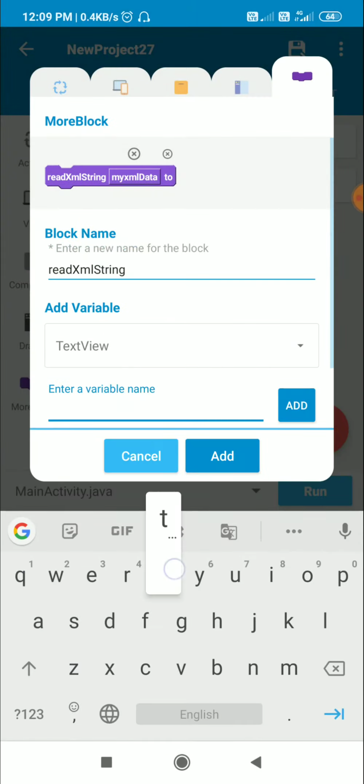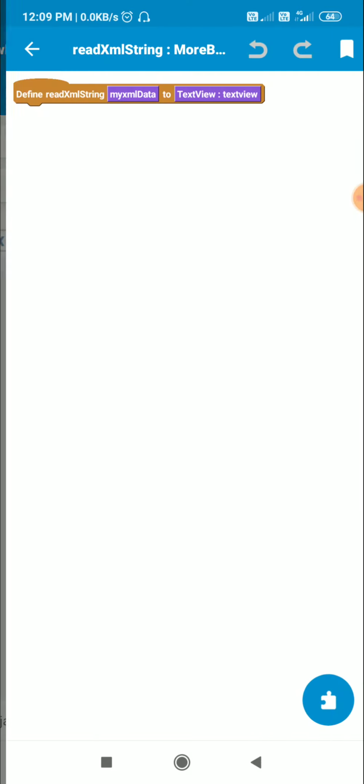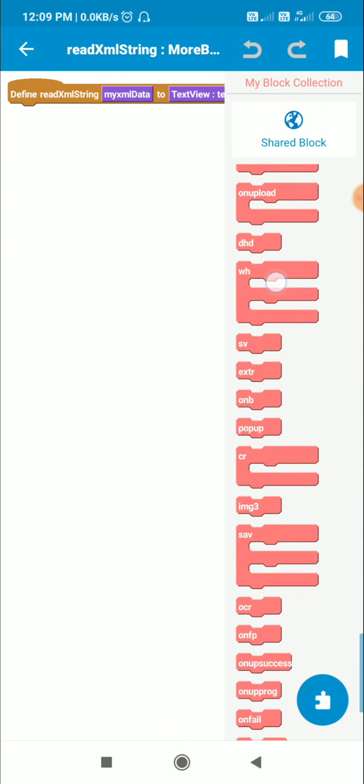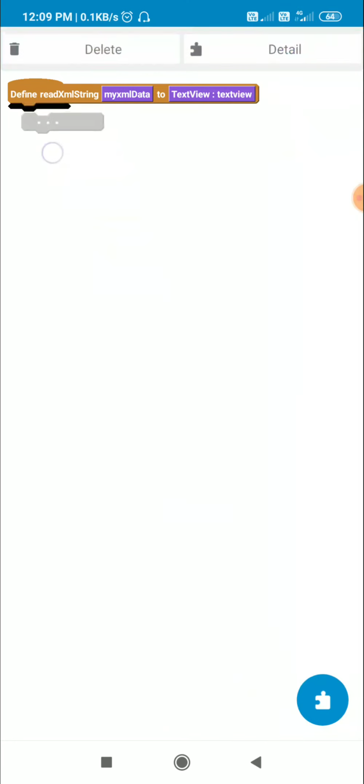I will display it in a text view, so here I am writing text view. Okay, so here is this more block, and in this I will be using this code.